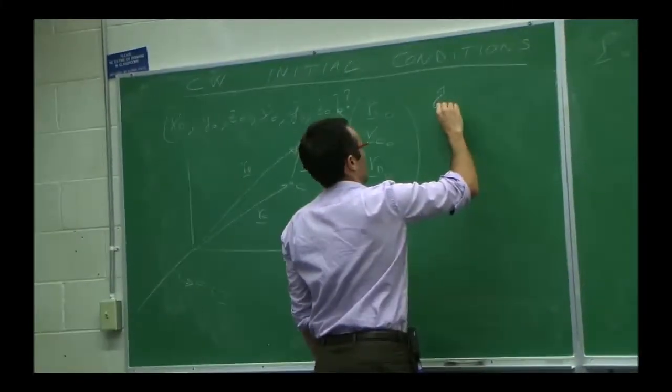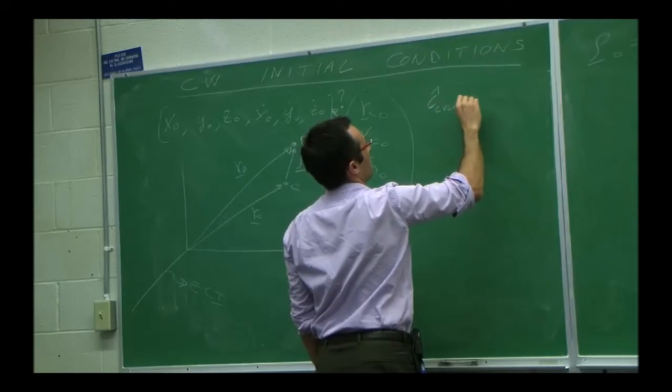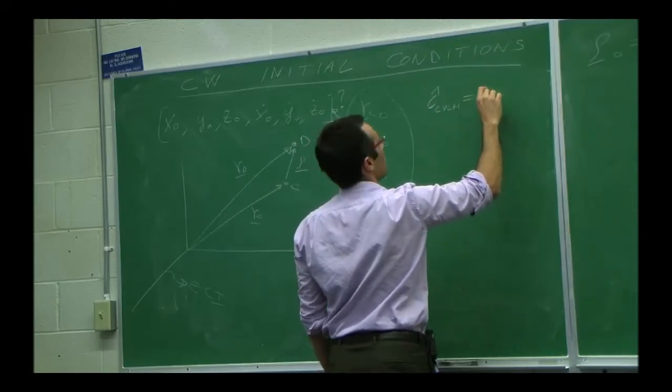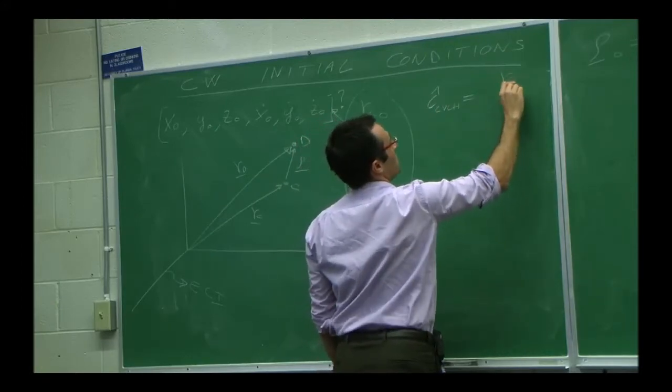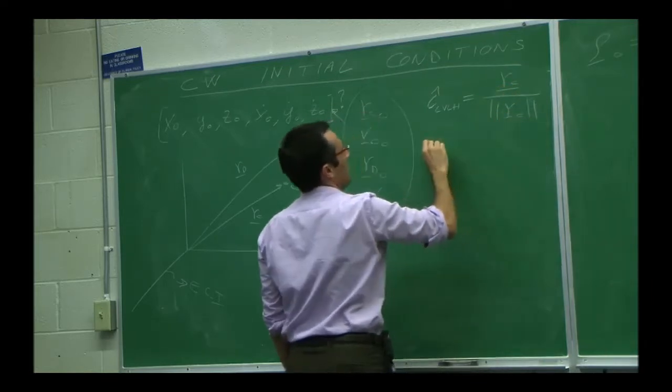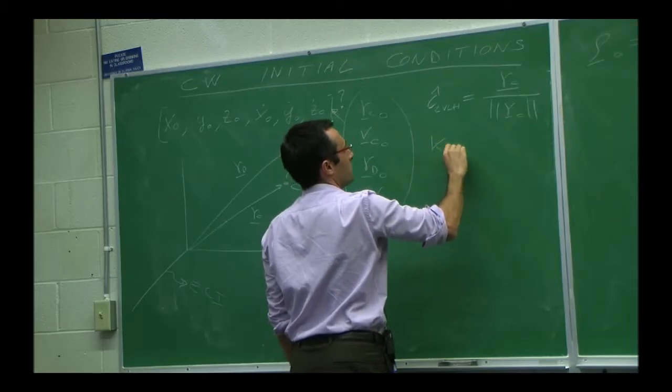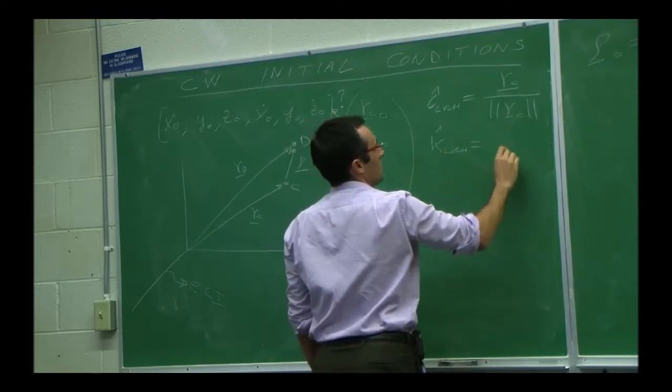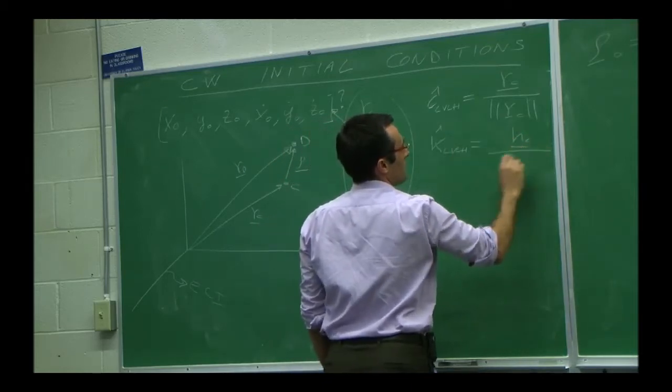Again, this is just basic dynamics. Forget that these are spacecraft. This is a point mass with the position and the velocity. This is another point mass with the position and the velocity. And I defined the LVLH. Maybe I should refresh what that is. The I of LVLH was, again, R of the chief over its norm. Remember? The K of LVLH was in the direction of its angular momentum, right?